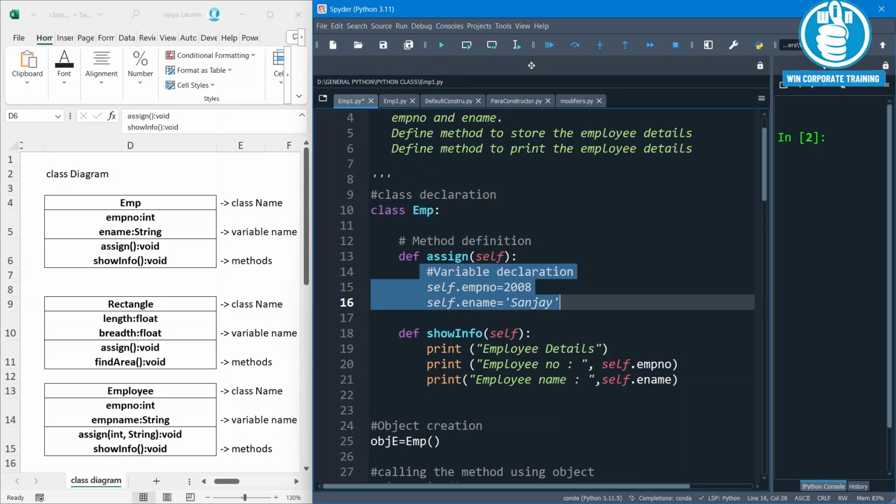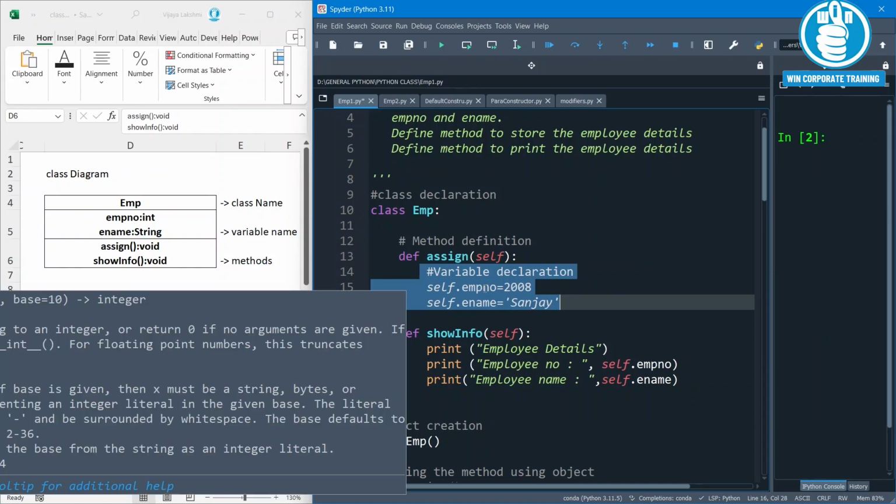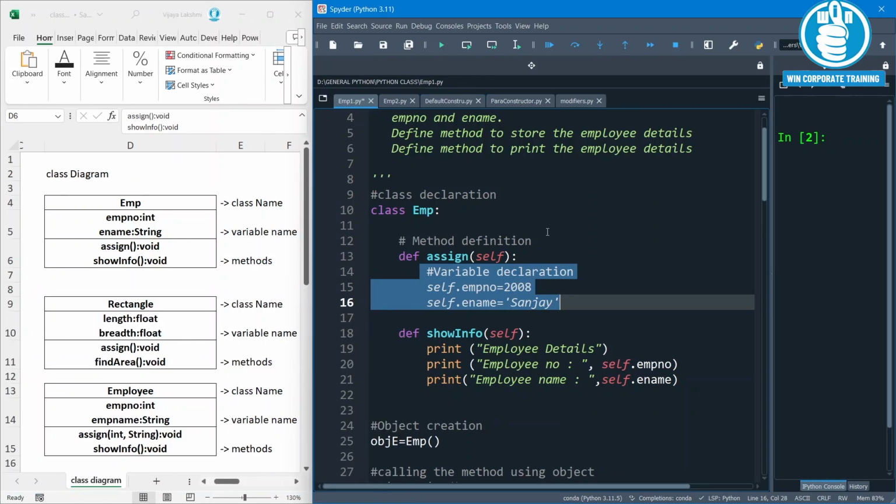Point to be noted here is whatever variable we declare inside a Python class will be prefixed with the keyword self. And also the self keyword is passed as a parameter to the method. Now we are declaring here two variables, emp number and name, and the values are assigned to the variables.